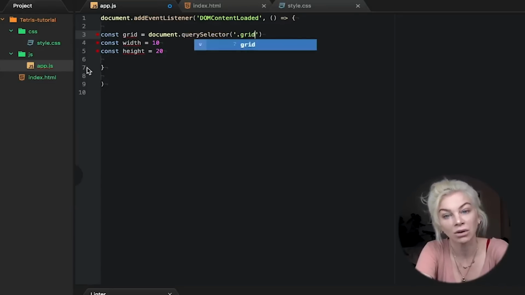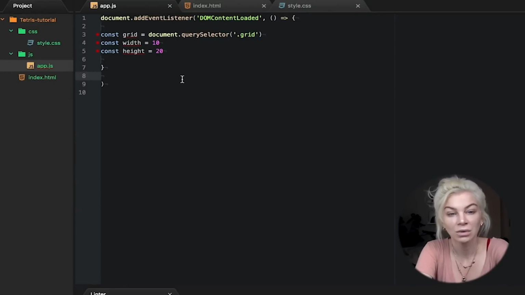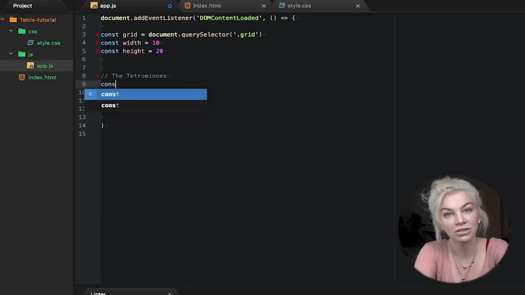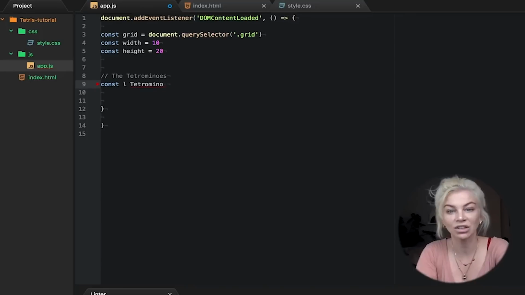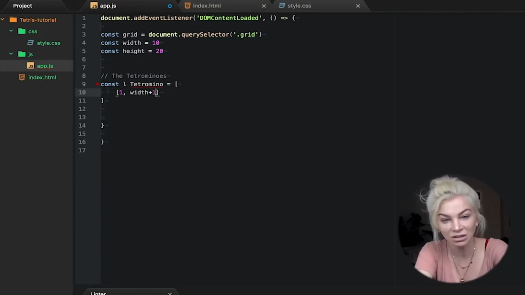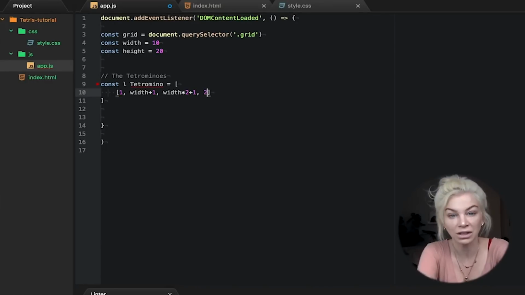from our HTML page. Now that we have our grid set up, let's focus on the tetraminos themselves. In Tetris, there are 5 tetraminos. Tetris in general has a pretty cool backstory, so check it out if you can. Their official names are the L tetramino, Z tetramino, T tetramino, O tetramino, and I tetramino.